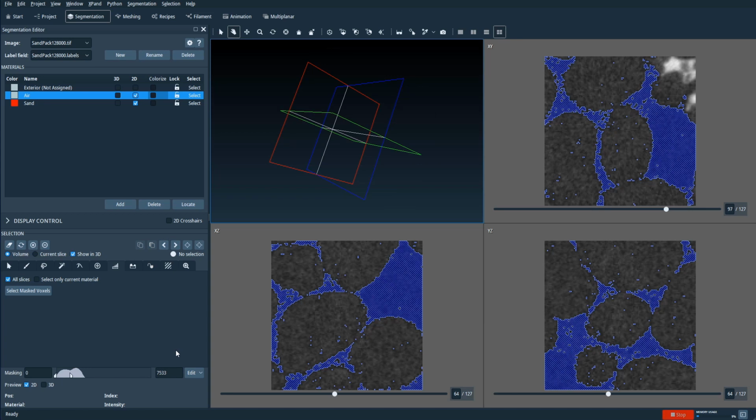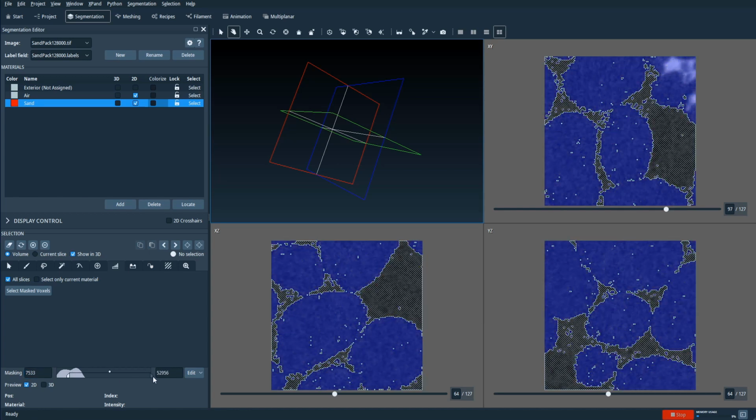And then let's try to get the sand material selected. So let's go to sand again, and then let's use this maximum over here. Just copy, Control-C, paste it here, and then move this all the way to the end to select now the sand material. So the other thing that I just wanted to mention in the thresholding tool, and in actually some